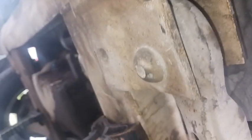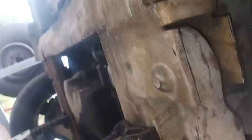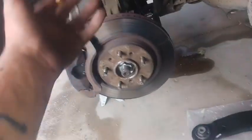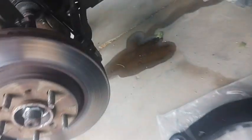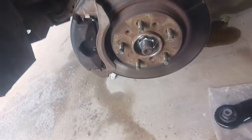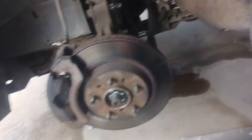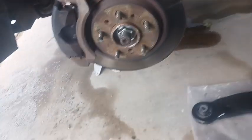So I've got a 21mm up here, 21mm over here. That side's an 18, and then the bottom side is a T50 or T55. I forget which one, but I have it in the kit over here. So I've got to get those 2 bolts out and the lower ball joint bolt out, and then this should pretty much just drop right out. So I'm gonna start getting this stuff disconnected and get this old lower control arm out,